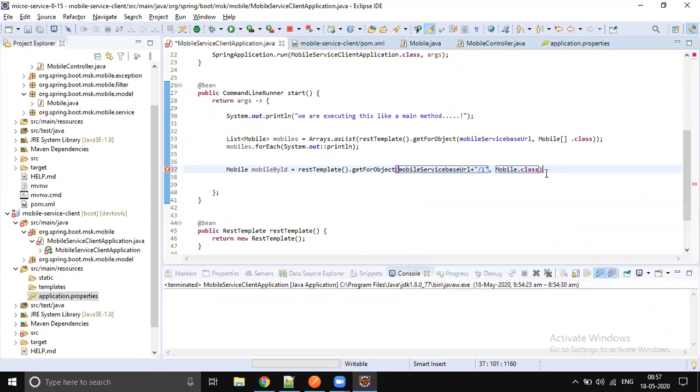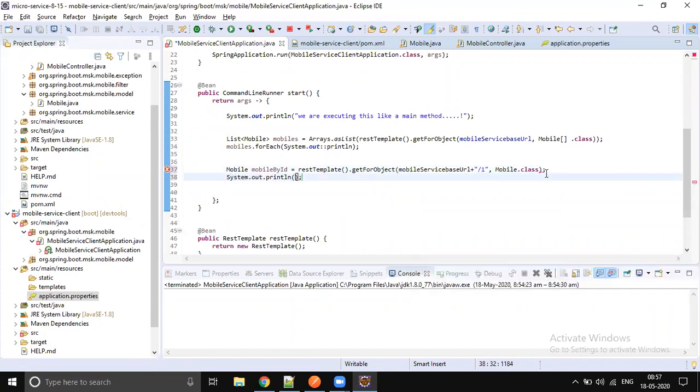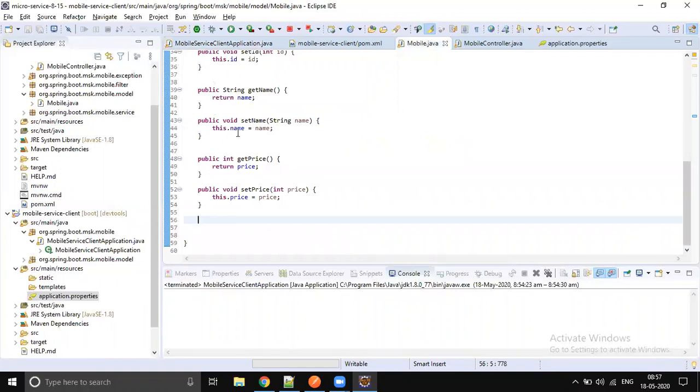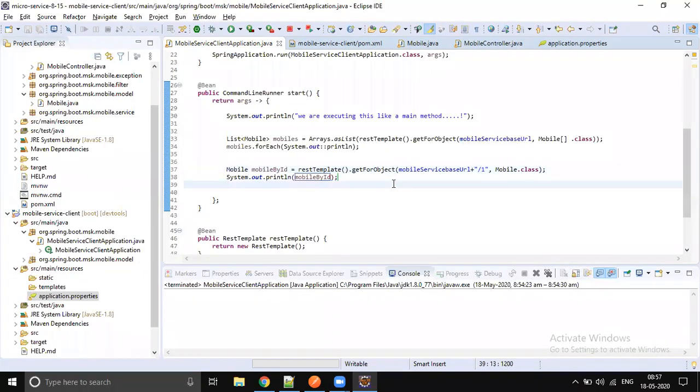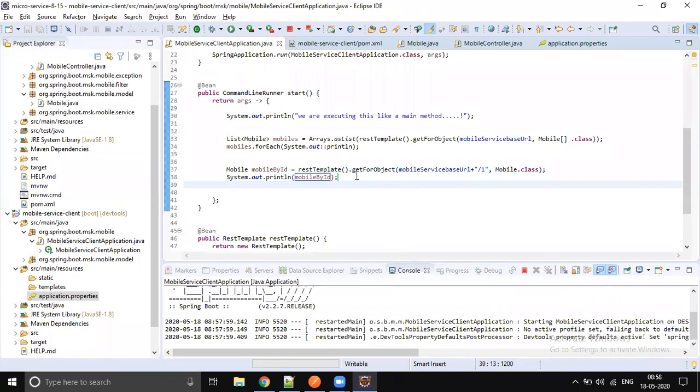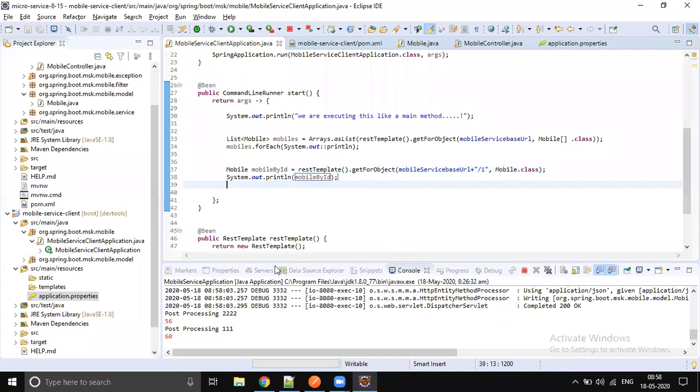You just get the data and print it on the console. Okay. So we will print this mobile information in the console. Let's override the toString method in the Mobile class. Every time we print, we are getting the hash string. So let me run this. Why we need to override the toString method, you will understand. If I run this code, instead of printing the actual mobile data, we are printing Mobile@ and some hash.